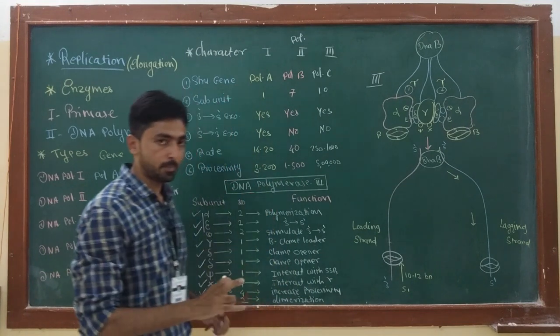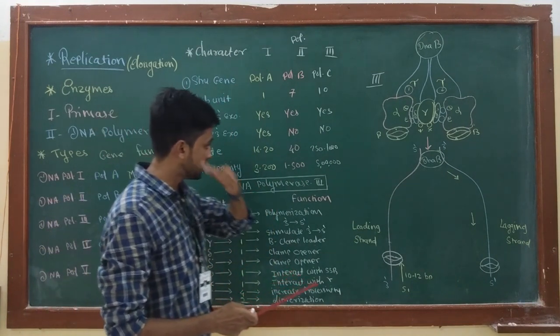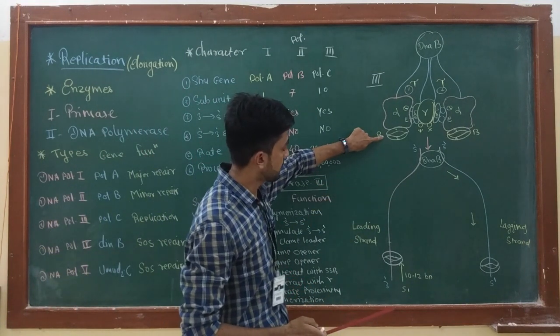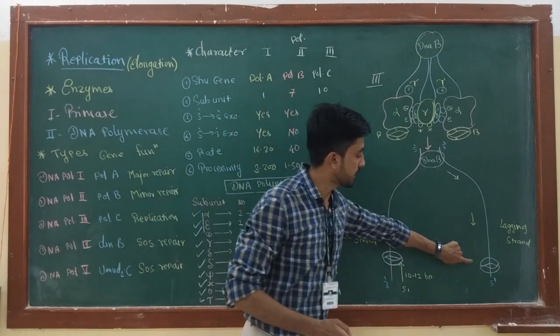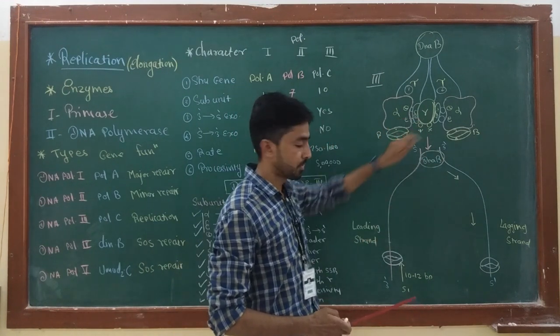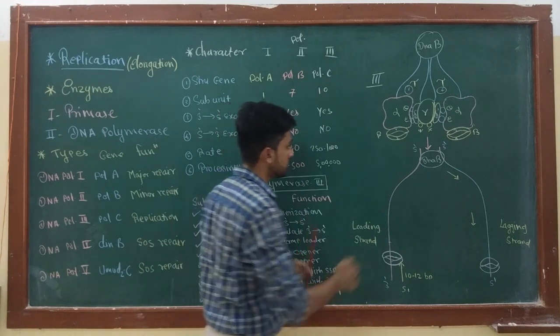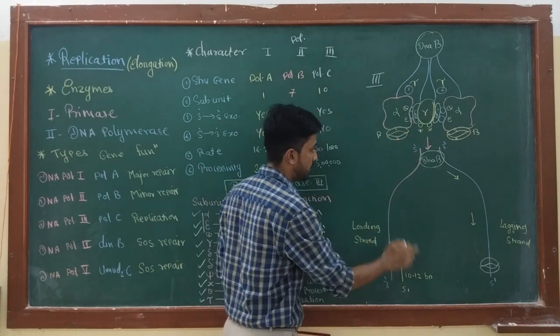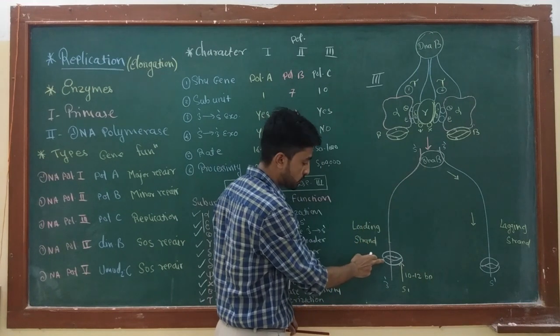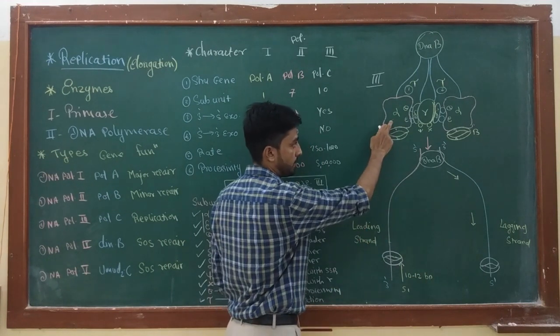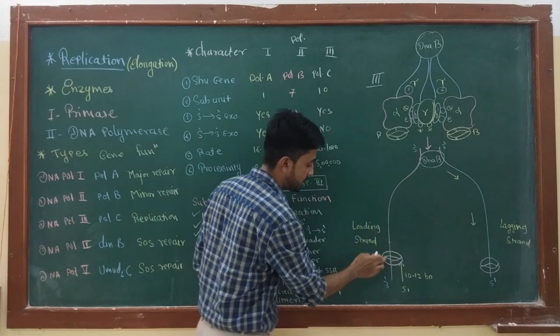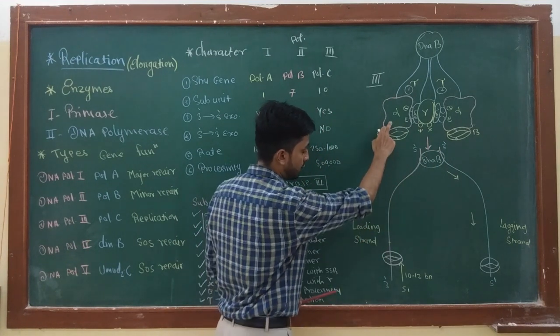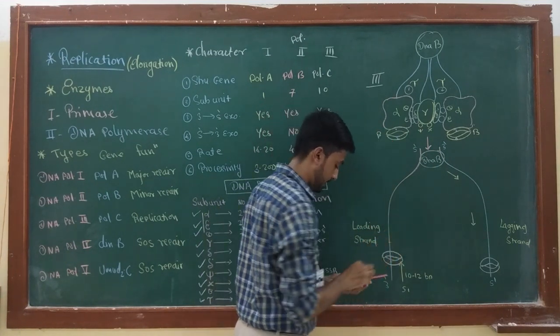So the first step which occurs during the elongation phase is transfer of beta clamp on both leading and lagging strand by gamma subunit. Now in the second phase, after the gamma subunit loads the beta clamp, this beta clamp has strong affinity for alpha. Then this beta clamp attracts alpha on both leading and lagging strand.